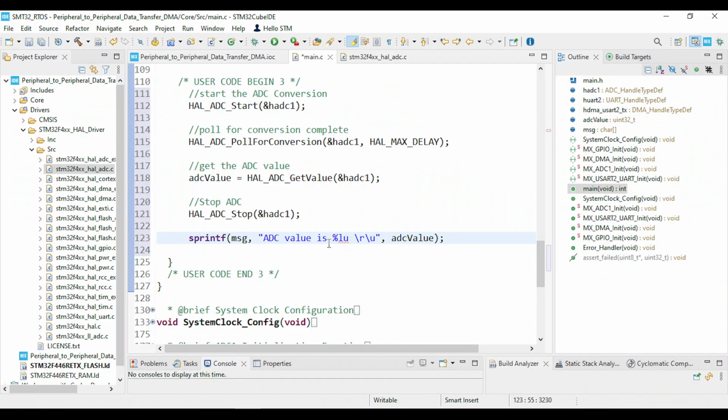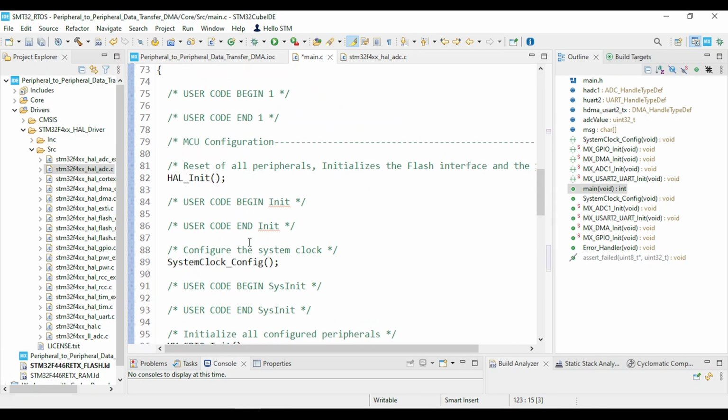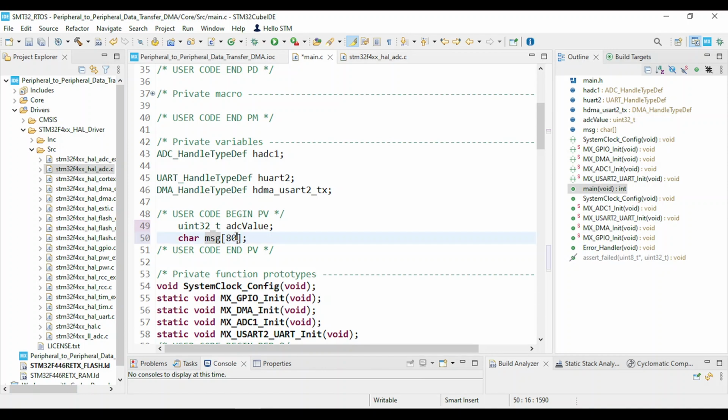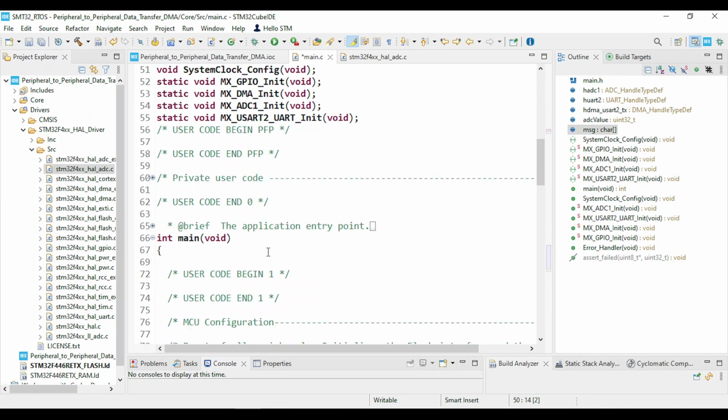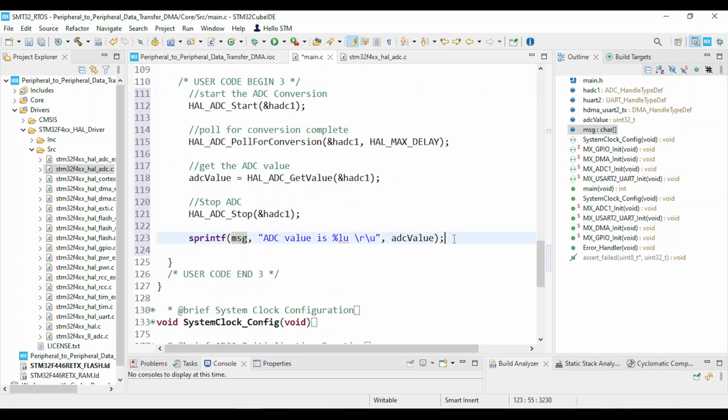This function will store the value of this whole message in this variable message. Okay, and we have defined the message variable. It can store up to 80 characters. So now coming down here,